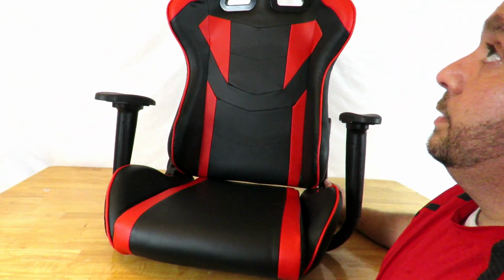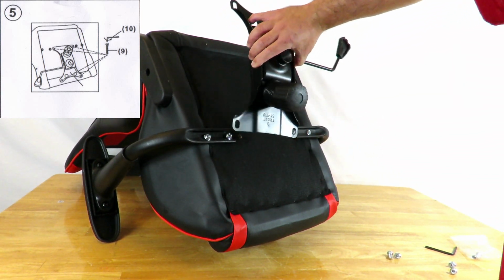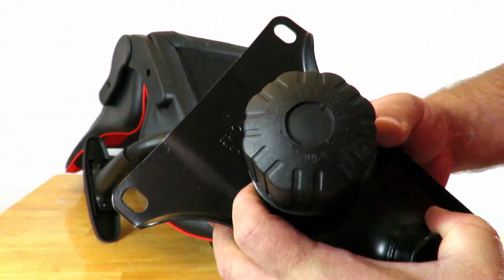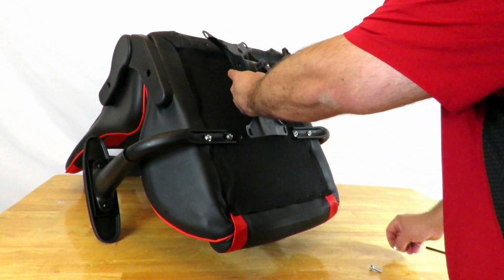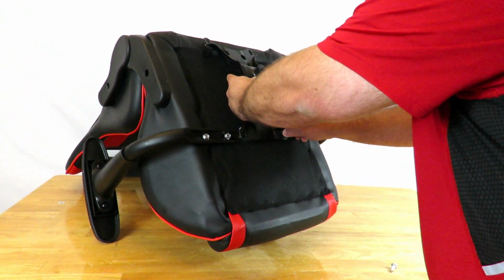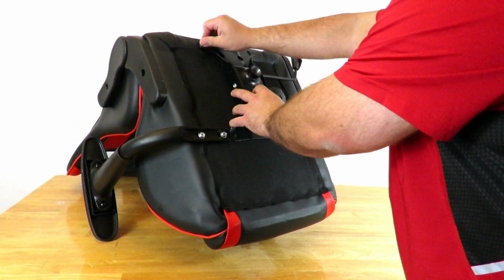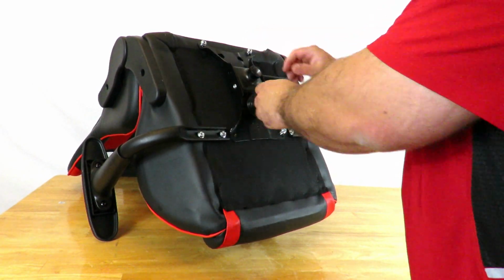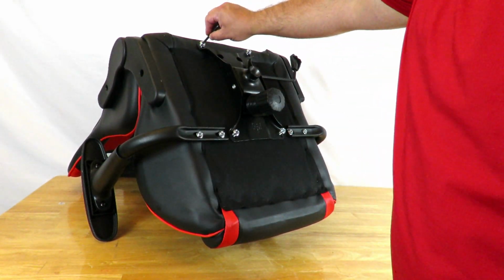Alright, so we're almost done. Now let's jump over to step 5. The next step is going to be installing this guy onto here, but actually it's going to be like that, because remember, the front of the chair is where you're going to want this, and it shows it right here. If you can see that, there we go, front. Okay, so I'm going to screw that in right here. Just put in again the pilot screws. Okay, now that we have that in there,